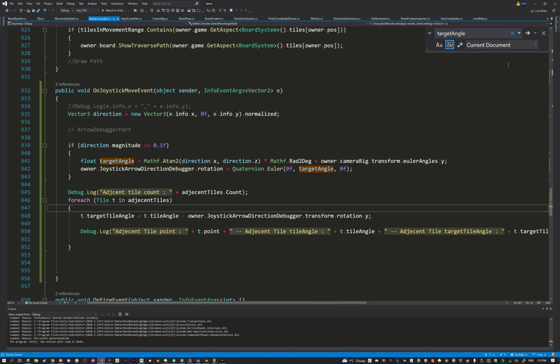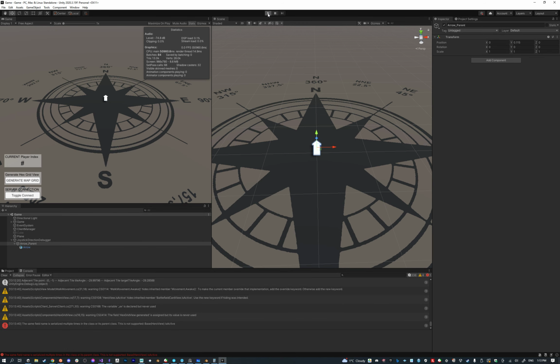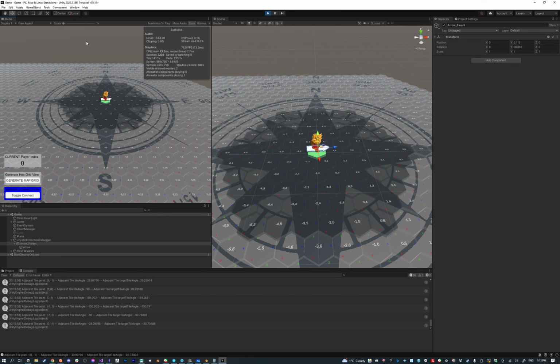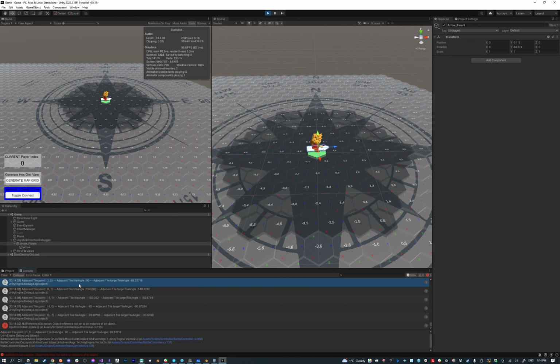I think that's what it is. I don't know how it didn't even give me an error. Let's try that and see. Nope, it's still not. See the 90 here? All these values are the same. They shouldn't be the same. They're not exactly the same, which is kind of weird. I don't understand why, but